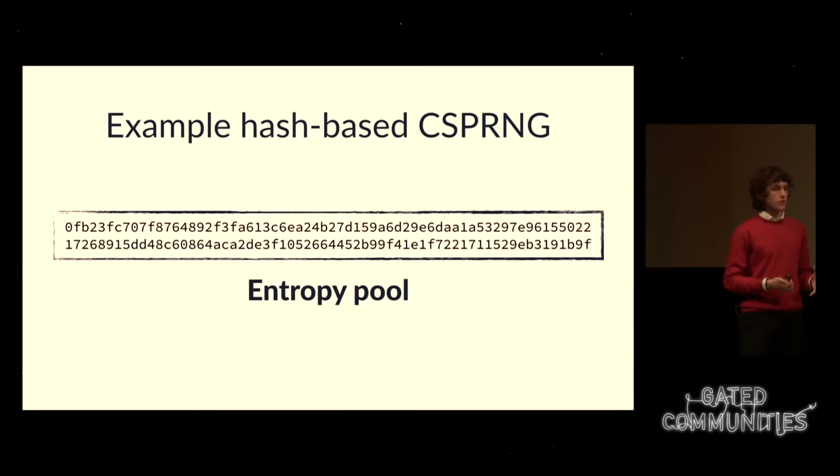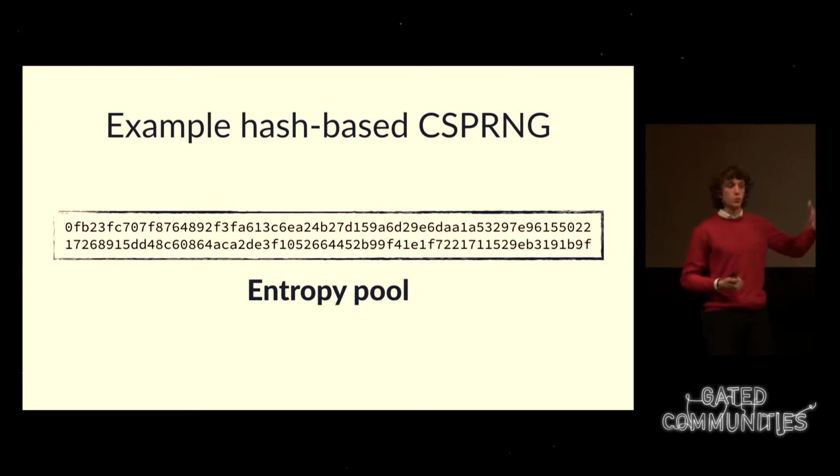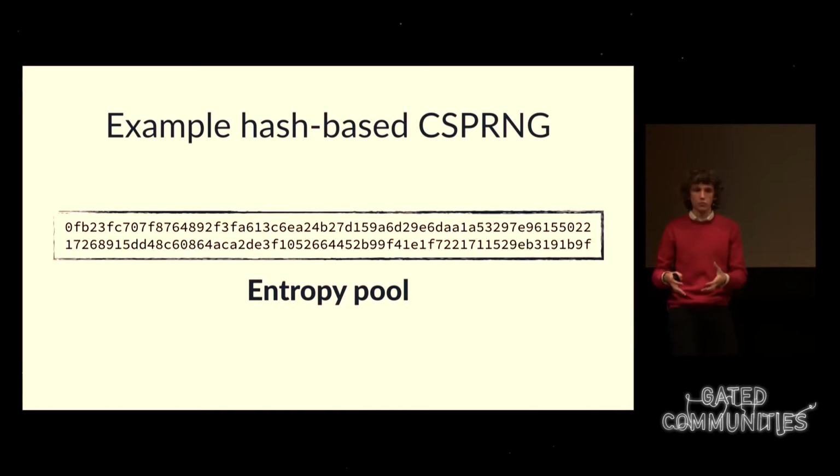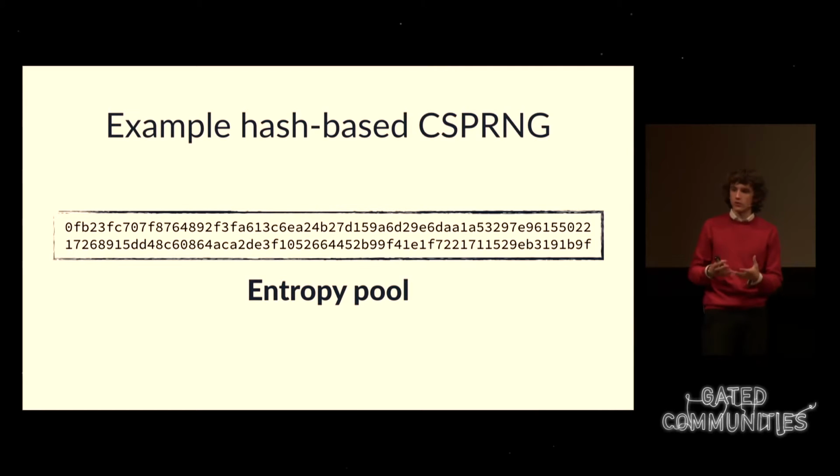And what do we end up with? We end up with what we call an entropy pool. Now, to figure out this value, you need exactly all the events that lead to this value. If you're an attacker and you really want to figure out what my entropy pool is, you're not supposed to have any better way to figure it out than to guess all the different hard disk timings and mouse movements that happened all the way up to now.